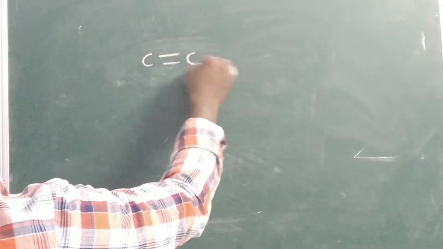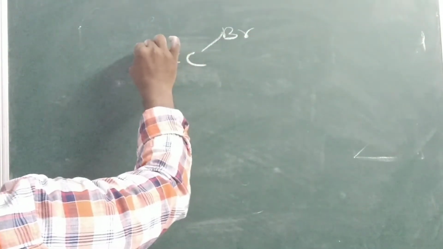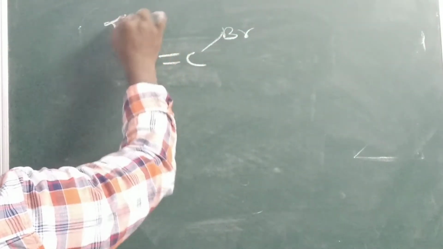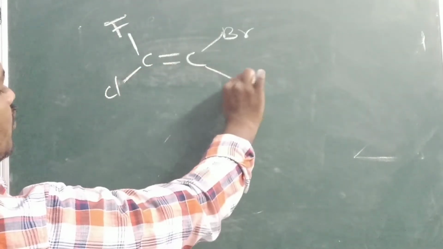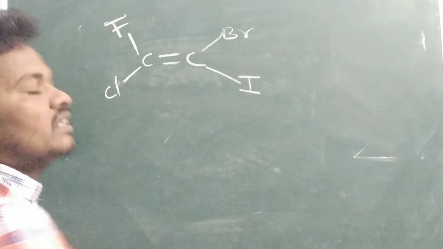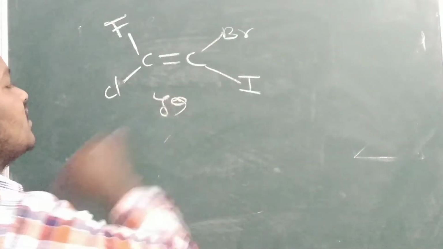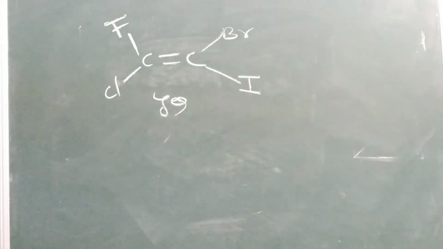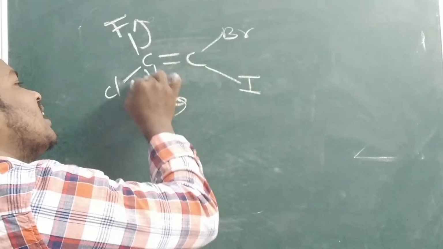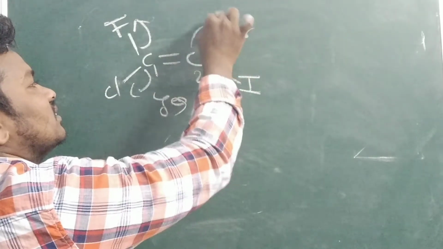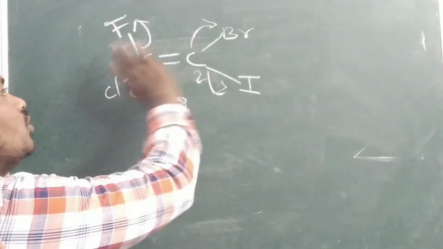Carbon to carbon, bromine is there. Carbon to carbon, fluorine is there. Carbon to carbon, chlorine is there. Carbon to carbon, iodine is there. Is it exhibiting or not? Different groups, so it is exhibited. Why? Because on the first carbon, this side has different groups; on the second carbon, top to bottom are different groups. You should not compare both the groups.